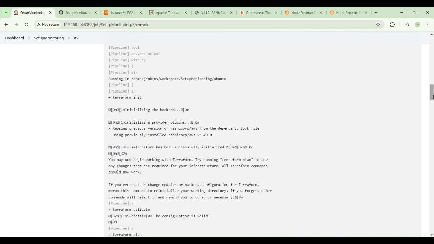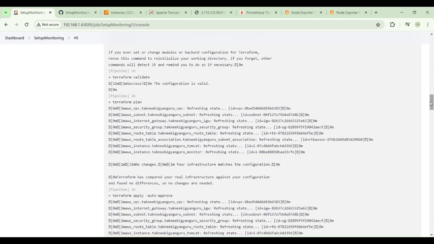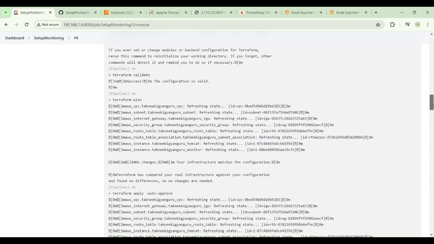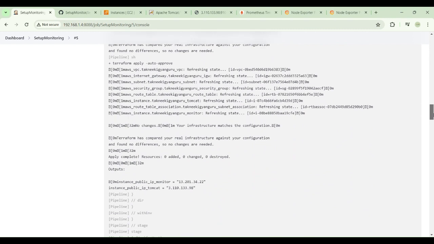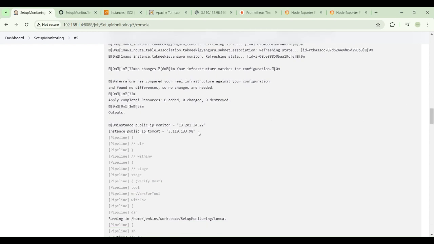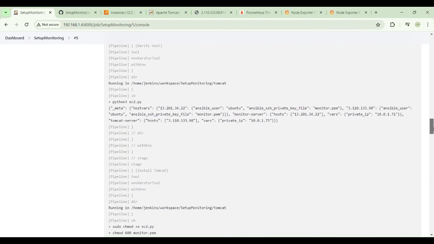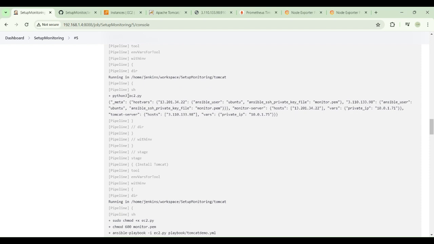you can see the Terraform init, initializing the Terraform plan, and the plan will show you how many resources are being created for this, and the public IP address for monitor and Tomcat server, right? And then this is the Python 3, right? If you can see meta host var, and the public IP of this, user Ubuntu and Ansible, the key file